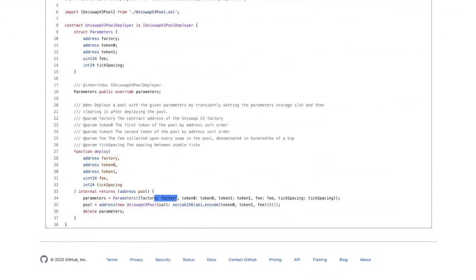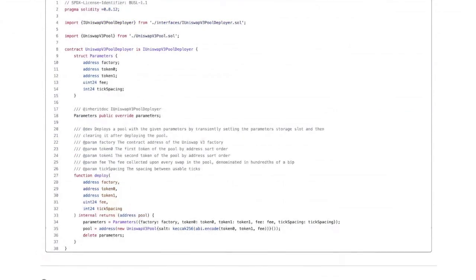Parameters, maybe this just ensures that only the factory can call deploy pool. Yeah, I'm not really sure why. Okay, it doesn't. Parameters. So,